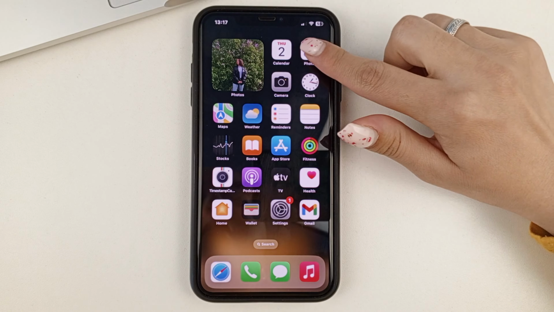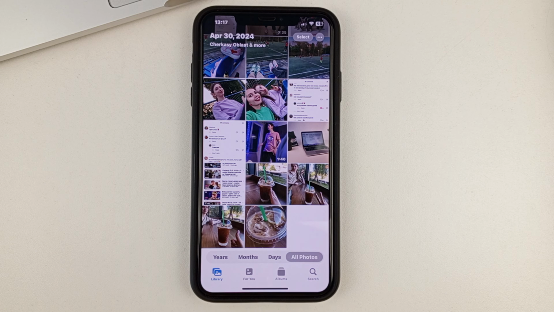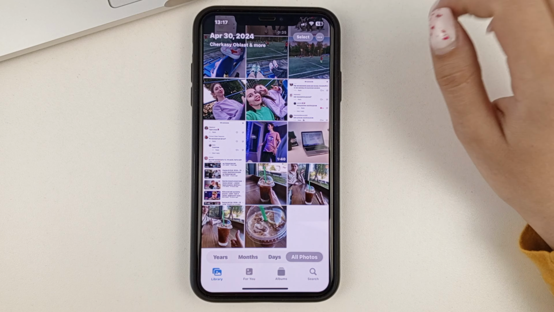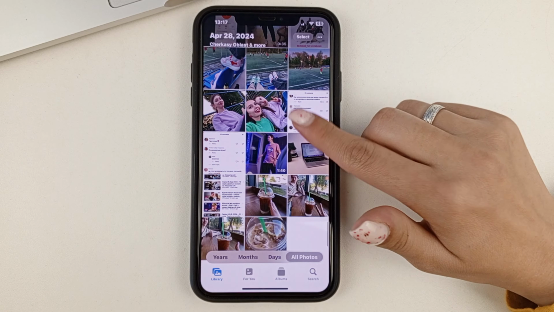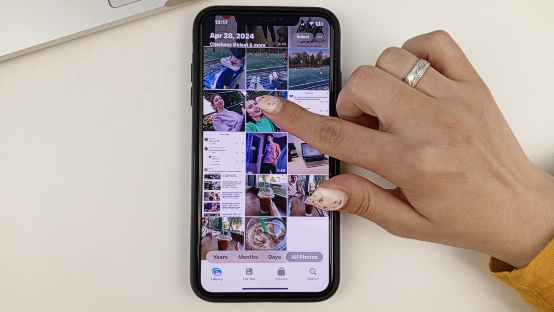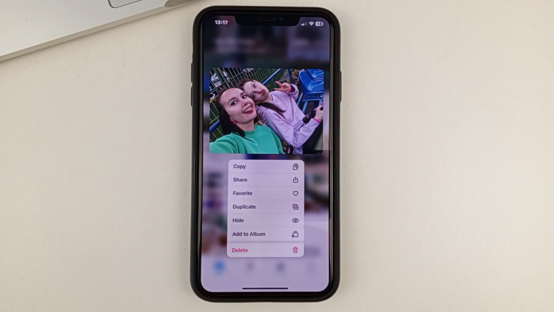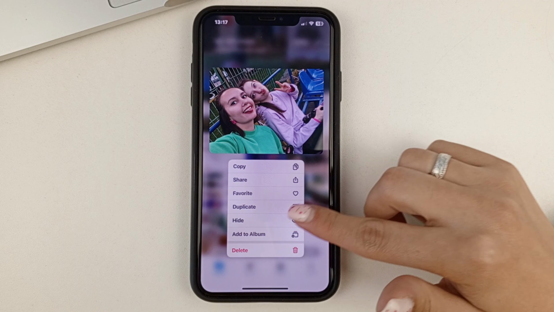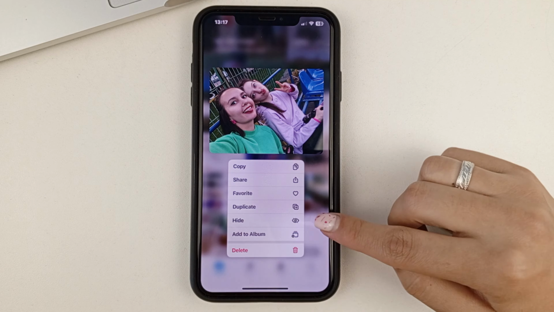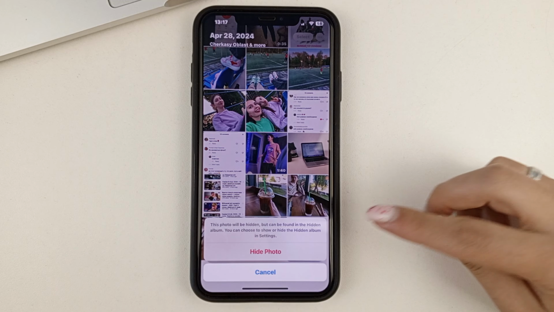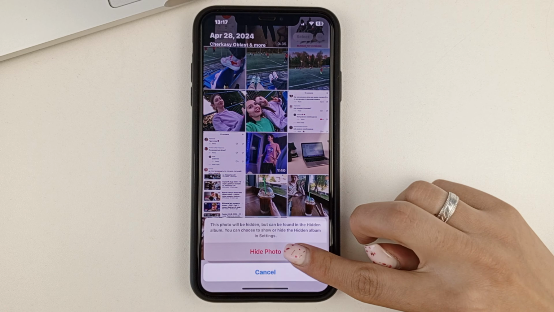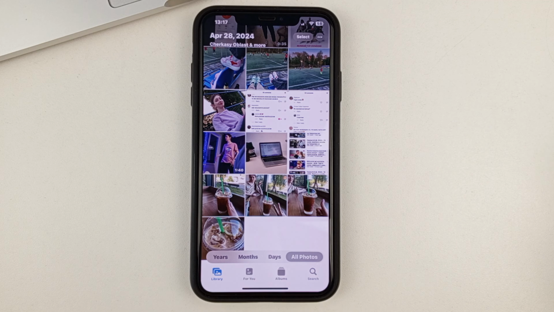First of all, open your Photos folder on your phone. And then, if you want to hide a particular photo, select it. Next, tap on it and hold it down. And at the bottom, select the item called Hide, and next to it, there will be a crossed eye sign. You click on it, and you confirm the action. As you can see, immediately the photo disappears, and thus you transfer it to the hidden album.